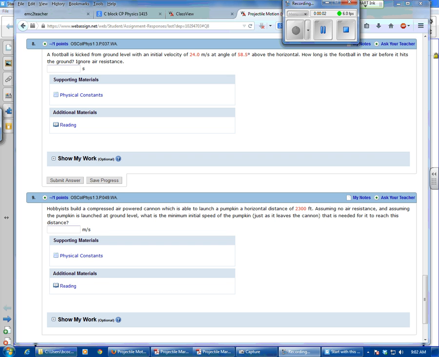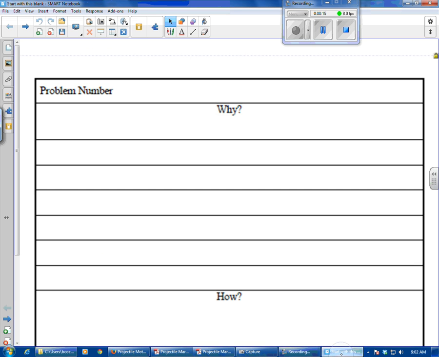So we're going to start with number 8, since I was asked by 3 separate people about this football being kicked to ground level. With this, how long is the football in the air before it hits the ground? The first thing I would start with in your Y is that